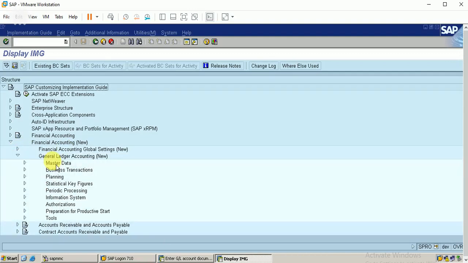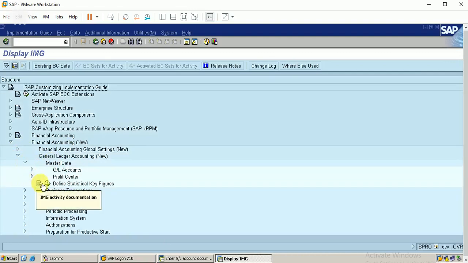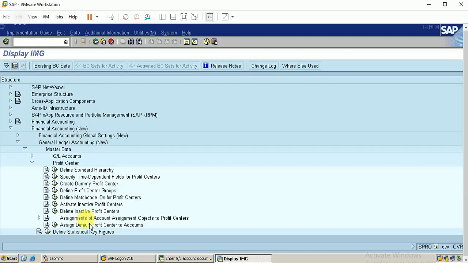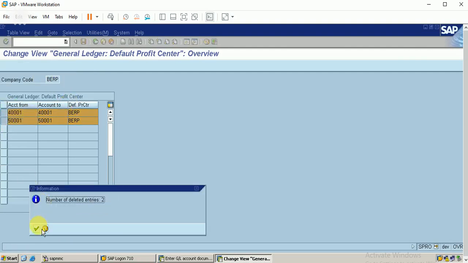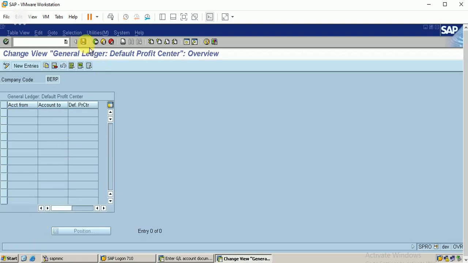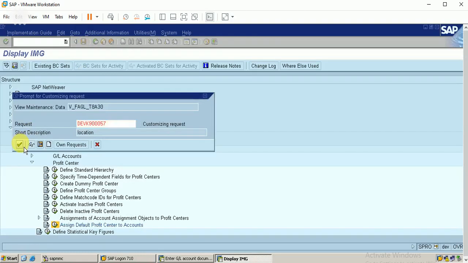General ledger accounting new, master data, define default profit center to accounts. Okay, this is wrong. I have to assign my balance sheet accounts here. So I'm just deleting those entries.